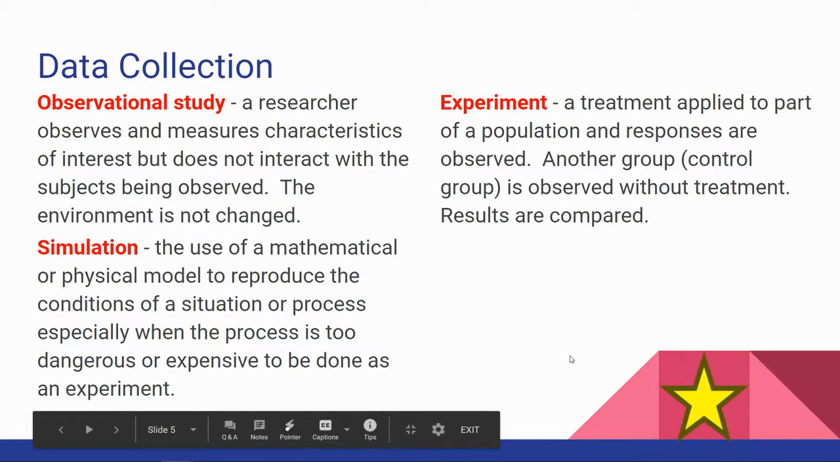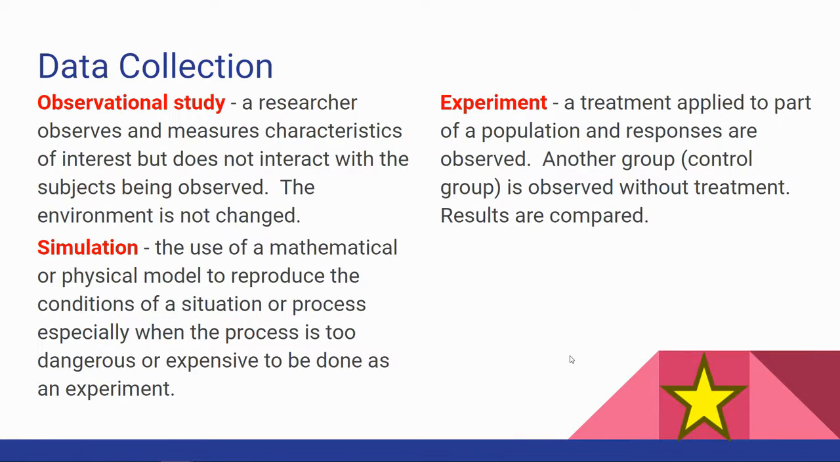The next one is an experiment. This is where a treatment is applied to part of a population and responses are observed. Another group, called a control group, is observed without the treatment. Results are compared. Right now, during the virus,